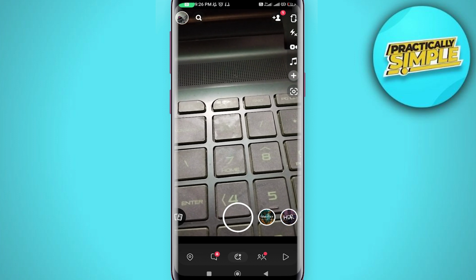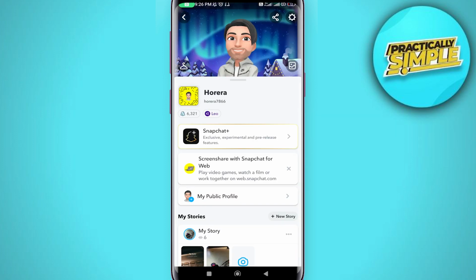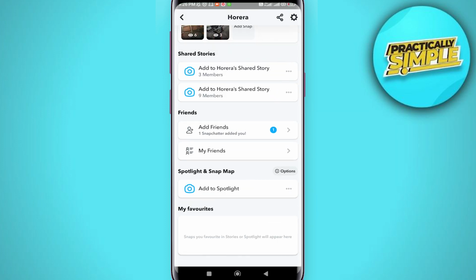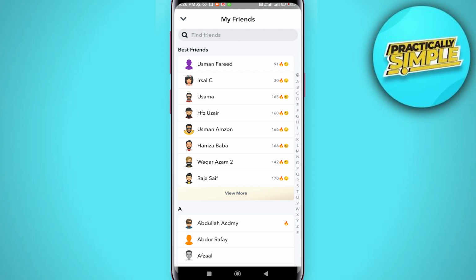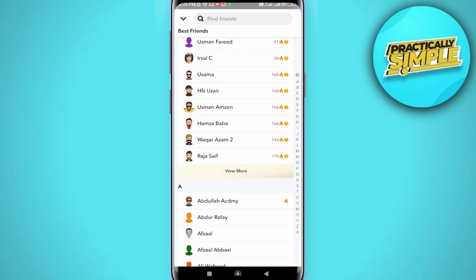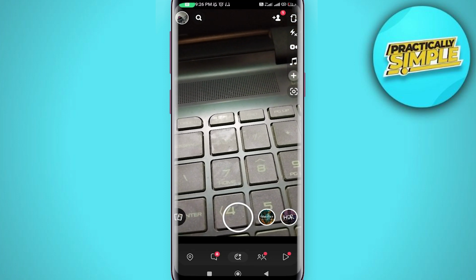you on Snapchat. The first one is to proceed to your profile in the upper left corner, then scroll down and look for this option, My Friends, under the Friends section. Tap on it and then you should not be able to see his, her, or their name on your friend list section. And then for the second step, just simply go back to the home page or the camera